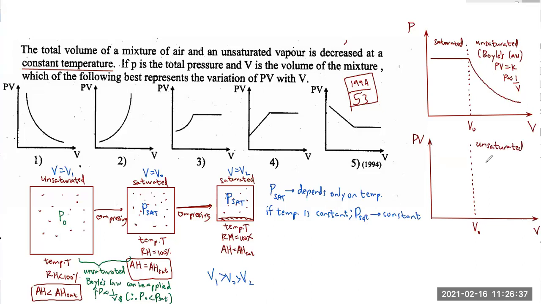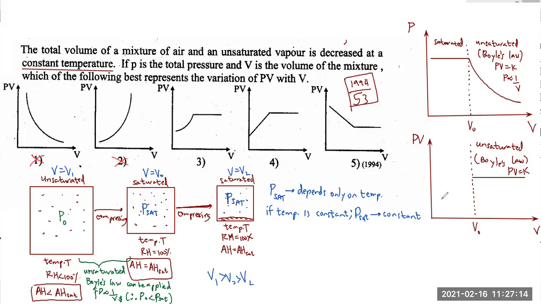It obeys Boyle's law. If it obeys Boyle's law, what can we say? PV is equal to K. That means PV is constant. The multiplication of P and V will be constant no matter how much you increase the volume. Therefore, this side, the graph has to be flat for PV. Okay, how many answers are there? We have 1, 2, 3 answers. So definitely these two are wrong. We can ignore these 2 answers.